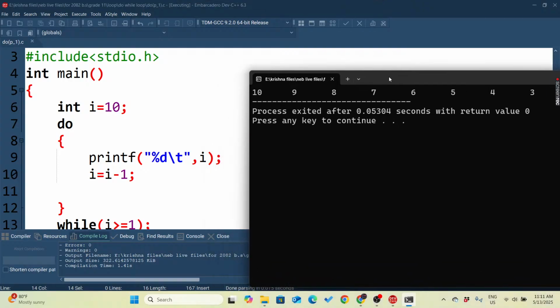Okay, so it's a very simple program, just like while loop. In while loop there was the condition in the beginning, and in do while loop we have to put the condition at the bottom of the do while structure. In while loop there is no semicolon, in do while loop there must be a semicolon. Okay,